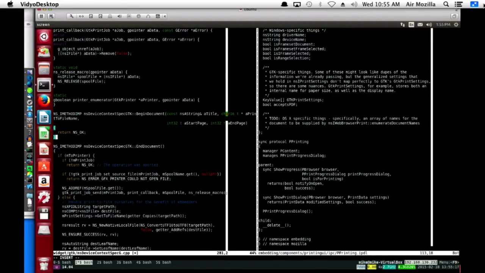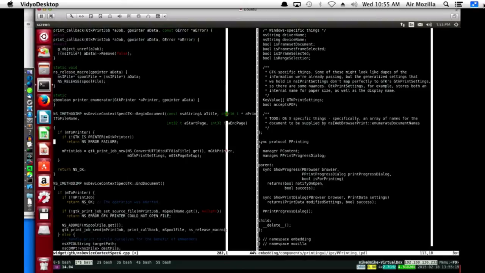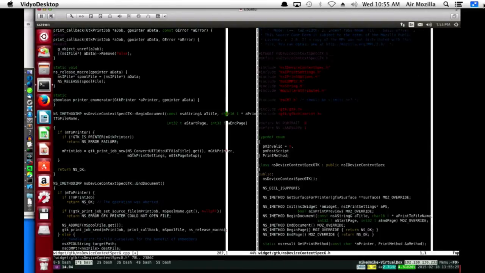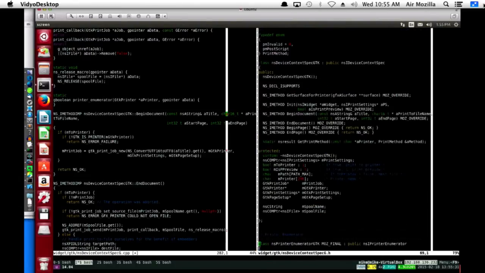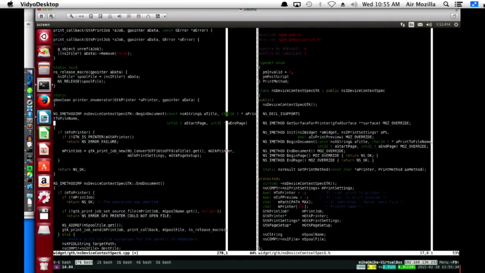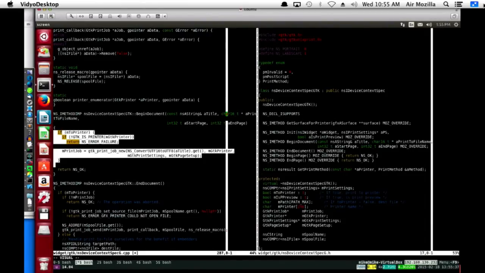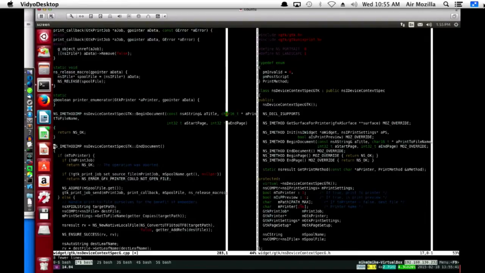You know, I'm going to put that back for a second. Do we inherit? We do. We inherit from nsIDeviceContextSpec. So we have to implement it. We can't just assume that some parent class is going to return NS_OK for us. Okay, so we'll return NS_OK.